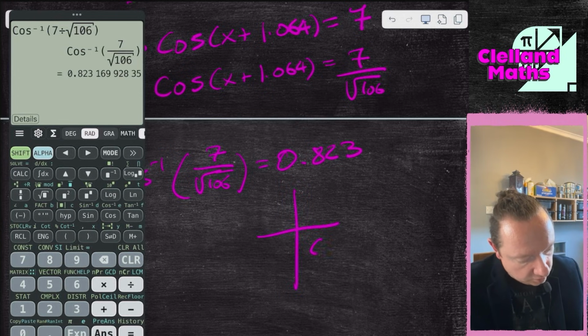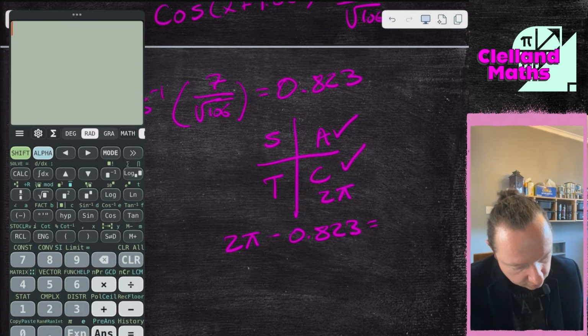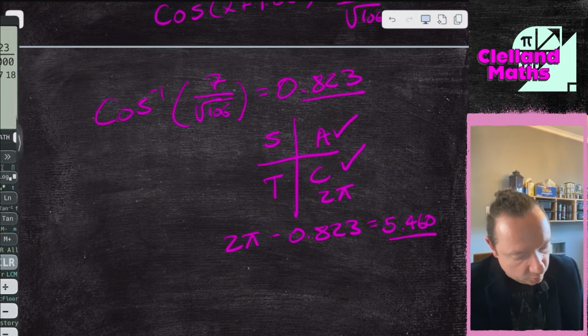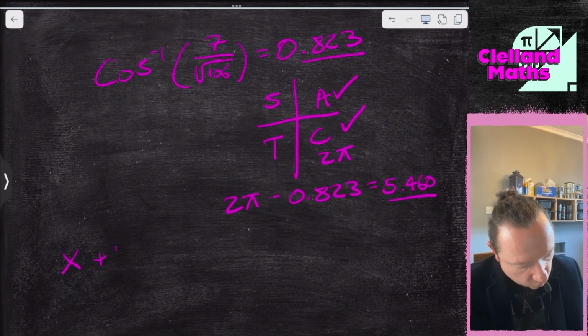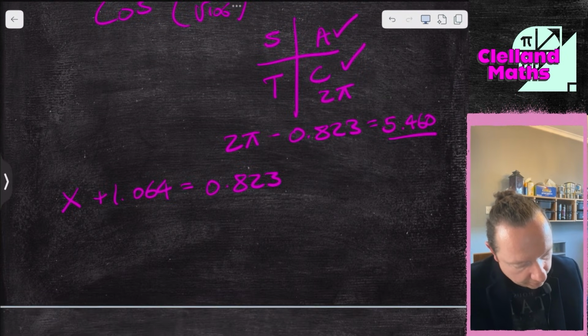CAST diagram to get another answer before I take off the 1.064. So cos was positive. So I do 2 pi minus the answer. So I can do 2 pi minus 0.823. 2 pi minus 0.823 is 5.460. So two answers to start with, but they're not my answers. It's got x plus 1.064. So I say x plus 1.064 equals 0.823. X plus 1.064 equals